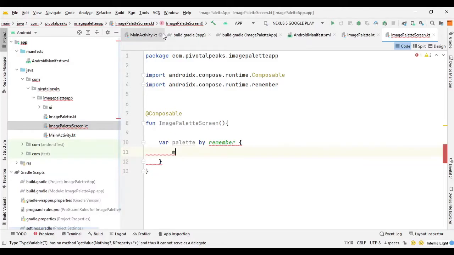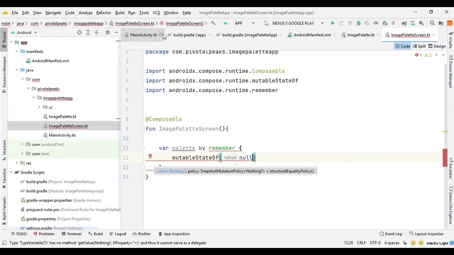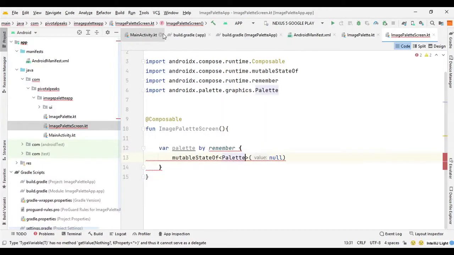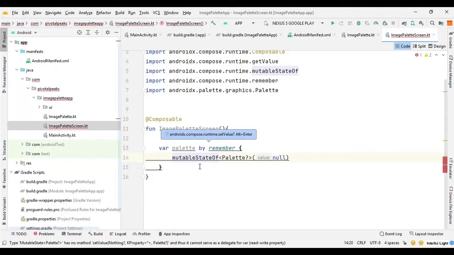So we can say mutableStateOf, and we can initialize with null. And lastly we need to provide the Palette class, which is a helper class to extract colors from an image. So here we can say after the mutableStateOf, Palette and question mark, and we need to import the runtime. So we can just say Alt and Enter.